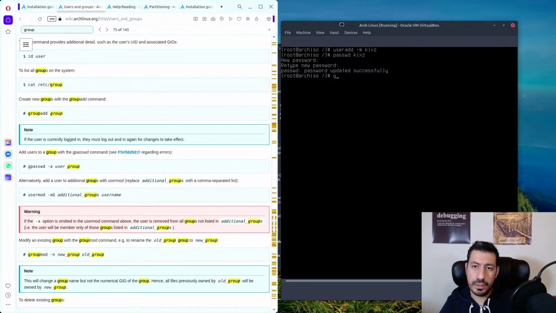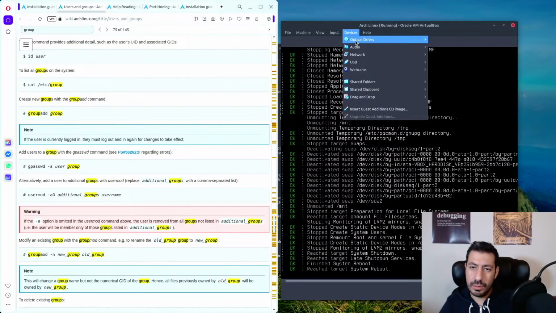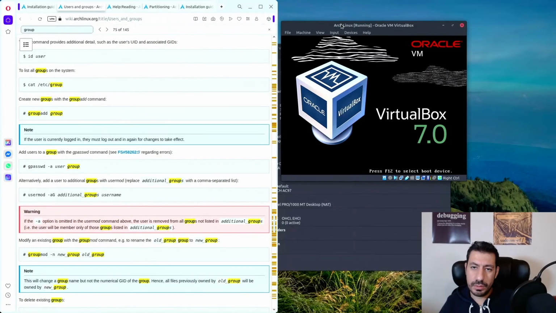Okay, usermod -aG would be. So we want to do sudo, so it would be wheel and this guy. Okay, so if we do, I have to come out of here, do a reboot, take out the optical disc,